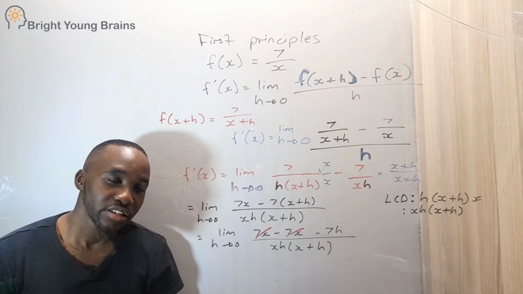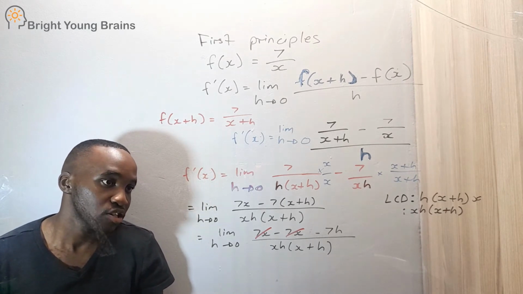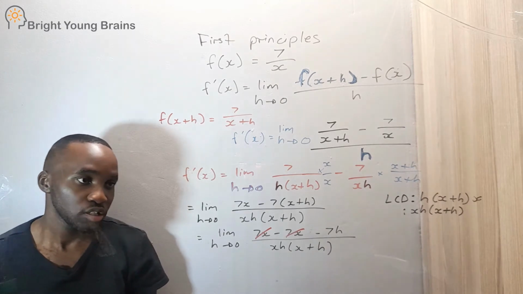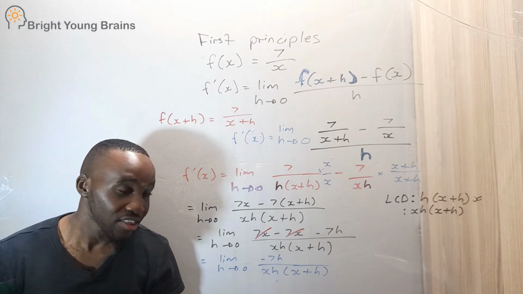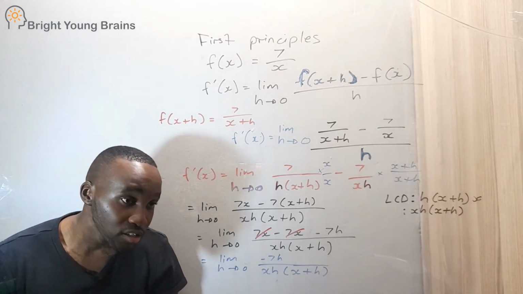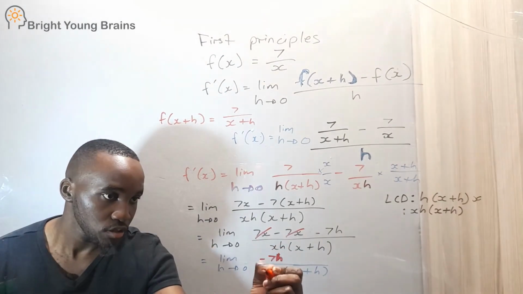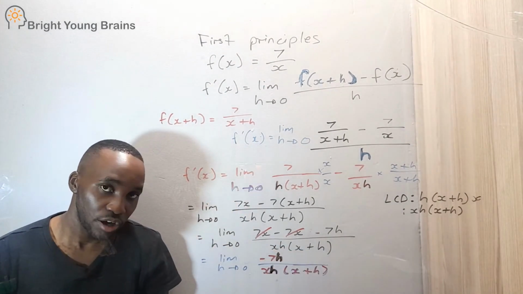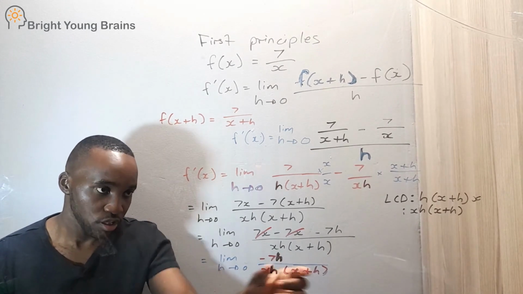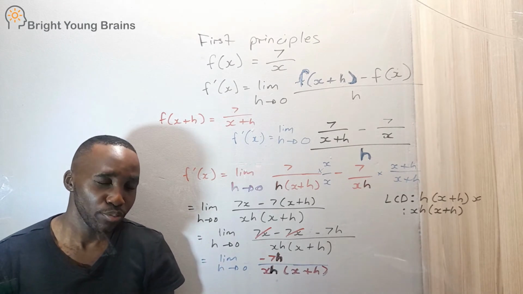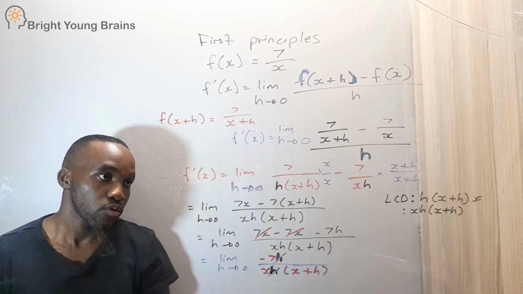Now, looking at this, it most definitely looks a bit strange because you would probably be asking yourself, what's next? Now, the good news is, if you just write this out, what you need to recognize is that the h at the top there can cancel the h down there, in the sense that this h here can cancel that h down there. That is mathematically 100% correct. The h here can cancel the h there because you see this has been factorized, and then that on top there is just a single term. So those two can cancel each other out,